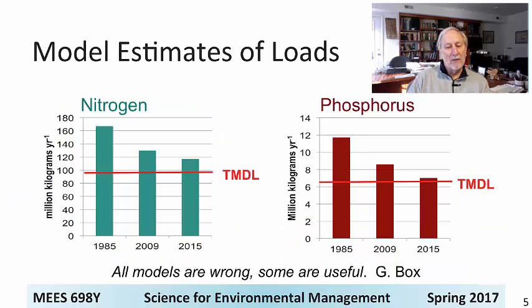So we now have been using this model to track our progress in achieving those load reductions. And you can see here a recent appraisal that we are here for nitrogen. Maybe the estimate is something like 30% reduction that we've achieved thus far, and we're headed toward a TMDL, which is a ways to go. We made progress, but this is a tough reductions yet to achieve.